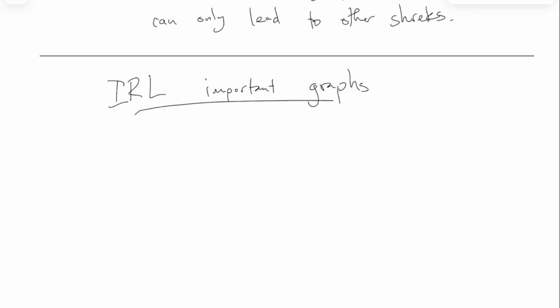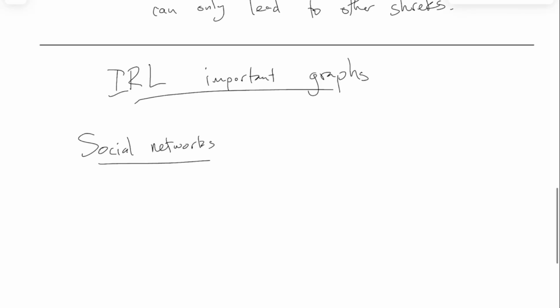Many of the ones we've been talking about fall in the general category of social networks, right? These social networks would be graphs in which the vertices are individual people and the edges represent some kind of relationship between the people. As far as online digital social networks, the classic one is Facebook, where you had individual users who might be friends with each other or not. So in social networks, the vertices are people,